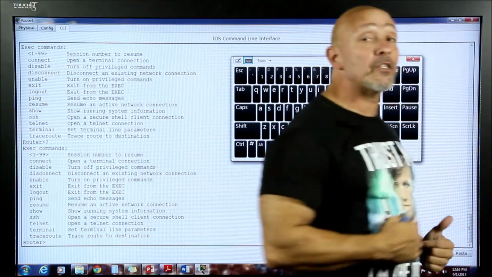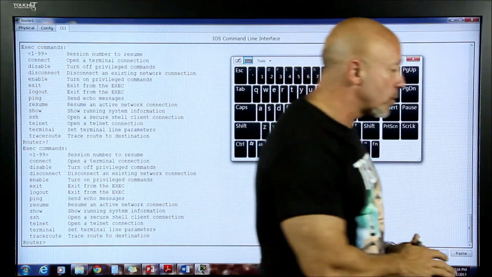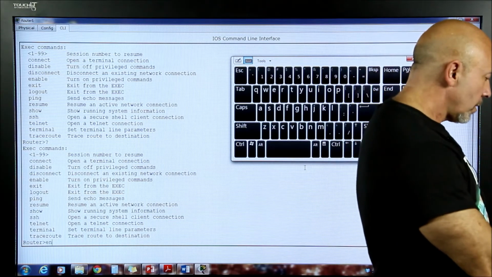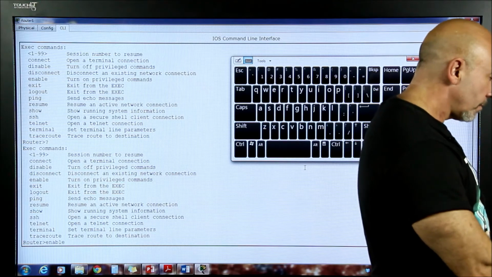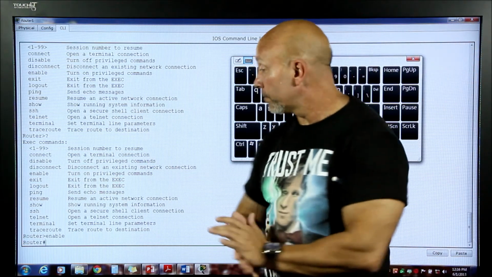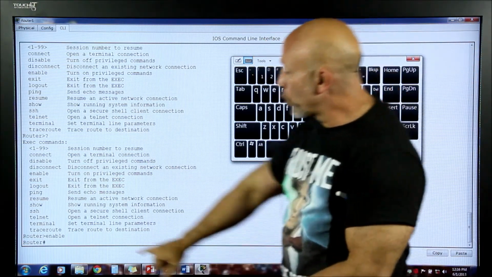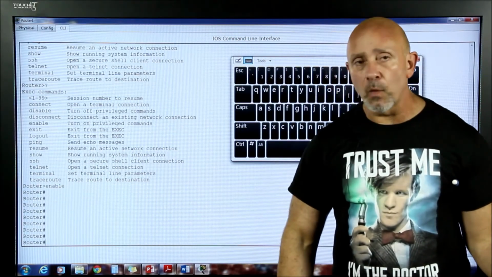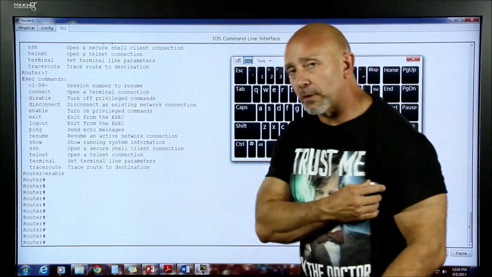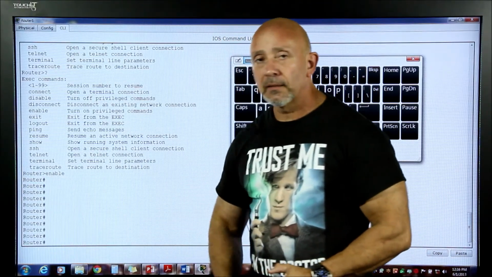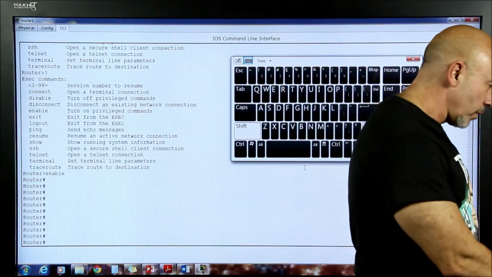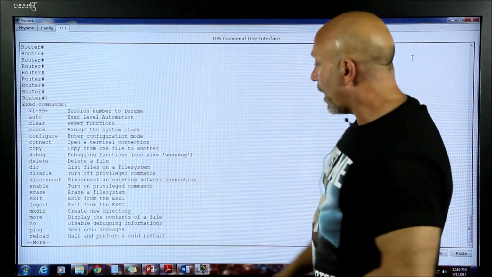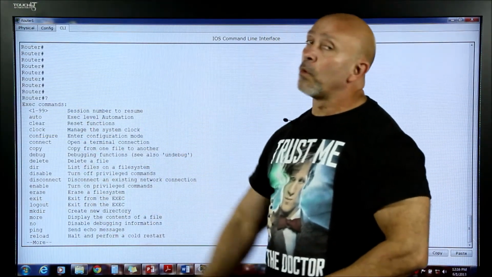So you want to get to privilege mode, which we type enable. Now, once we're in enable, okay, you see privilege mode, you see a pound sign. Now we can run into trouble. Now we can do some damage, because here, I'm going to type it again on my keyboard. All right, here you can do a lot more commands,